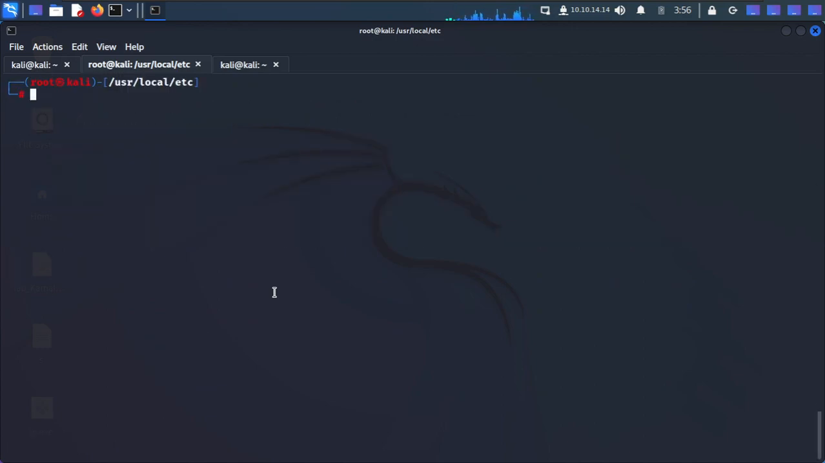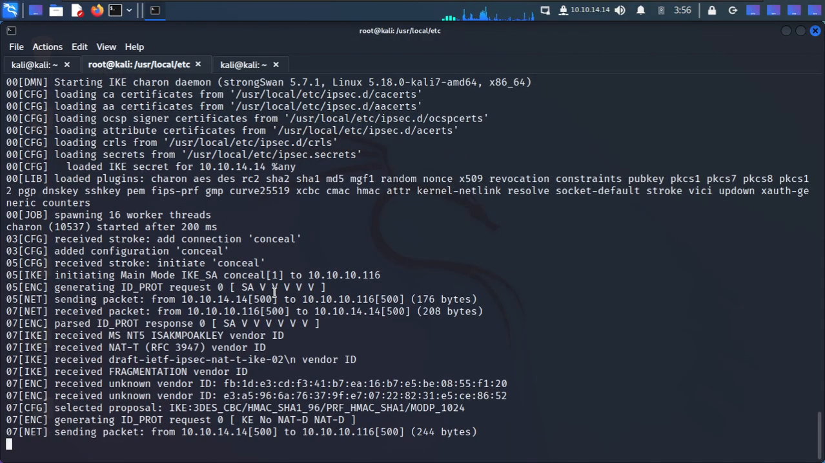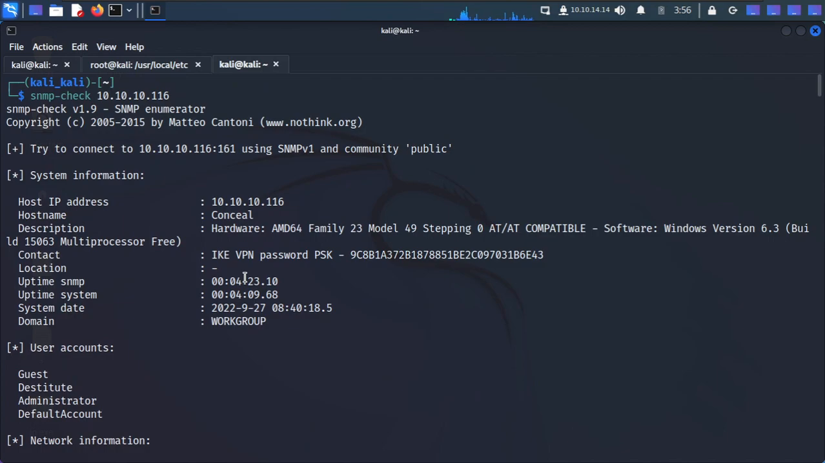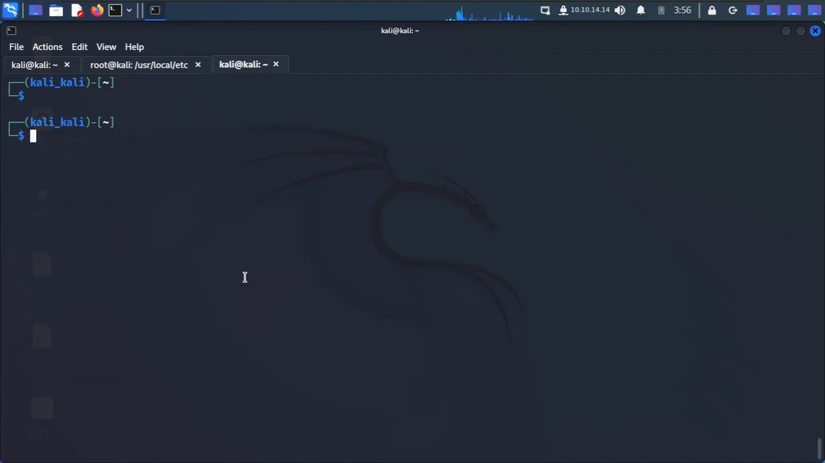So to run the VPN strongSwan, we are going to run ipsec start -nofork to check the output. So here you can see we are going to connect with our VPN. So now let's try to scan the